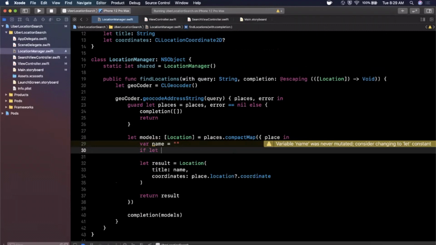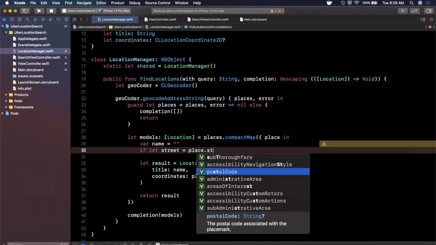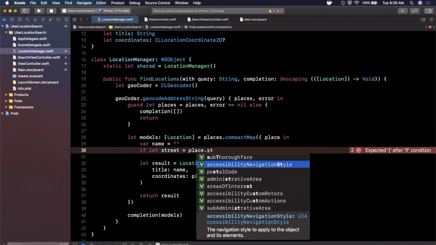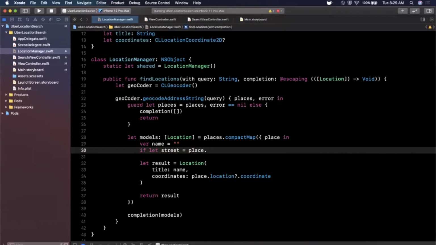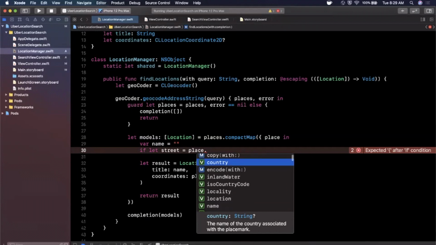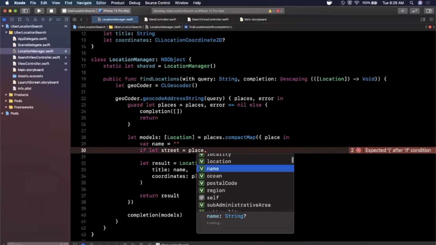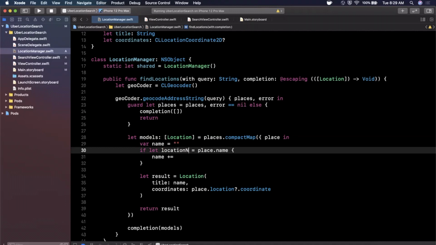So we're going to say if let street is, let's see what we have on the place. I don't know if we have a street, but we will find out in just a moment. So there is administrative area, areas of interest. Let's see. We are definitely going to want the region, the country. We don't care about inland water. I guess we can grab the name. That's probably useful. So I'm going to say name plus equals